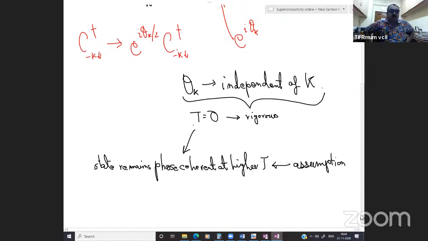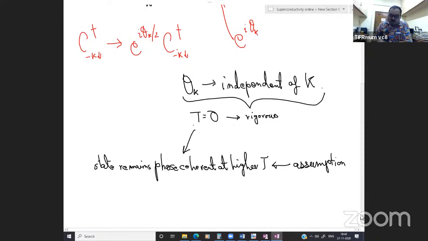Because just like your BCS ground state has all electrons paired, when you go to a higher temperature you have an equilibrium given by thermodynamic statistics, in which some of the electrons are in the excited state, so you form Bogoliubov excitations by breaking the Cooper pairs. In a similar fashion, you think that when you increase temperature, you will also excite